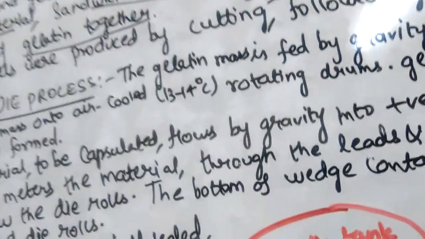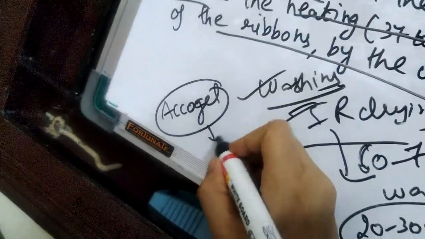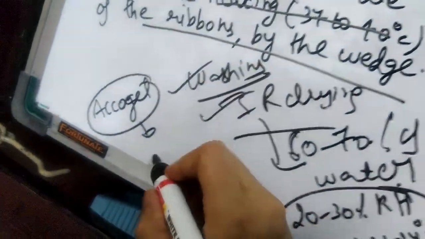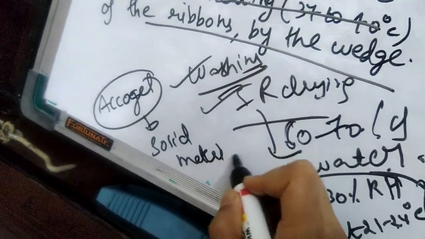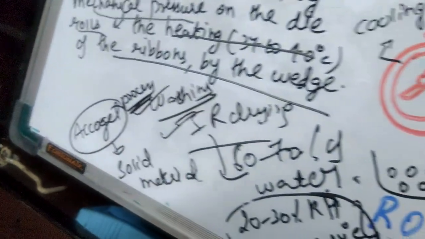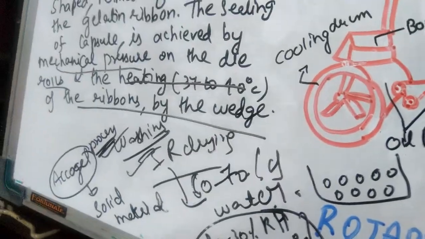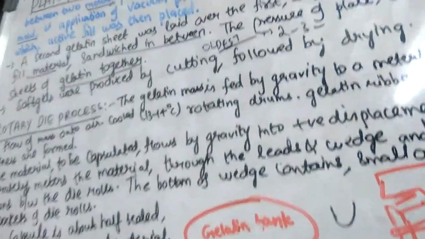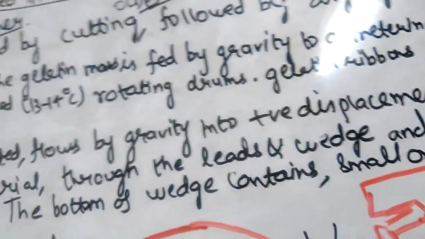Okay, in the next class we will discuss your aquagel technology. If you remember, I have already told you, aquagel technology is the one which is used to fill solid material. If you want to fill solid material into your capsules, you will use this aquagel process. Otherwise, most of the processes are concerned with filling of liquid materials. So in the next class we will discuss the aquagel process, and the leftover topic in this unit is the quality control of soft gel capsules. With this we will finish this unit.